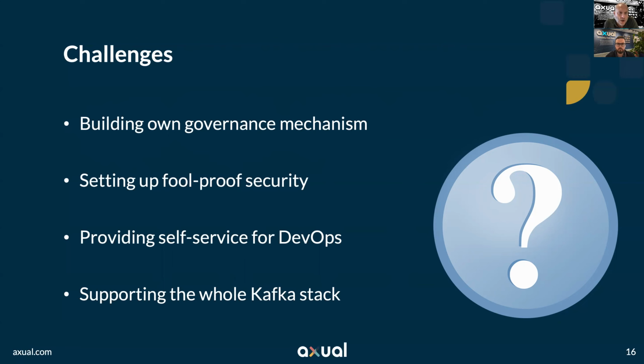The developers are requesting self-service, which means that every developer should be able to log into some portal or some environment where they set up their own piece of the generic platform. And that team has to start supporting the whole Kafka stack, which can lead to some challenging situations, because if multiple teams within the organization are dependent on your platform operations, then it better be a good architecture, but also be supported in the right way.